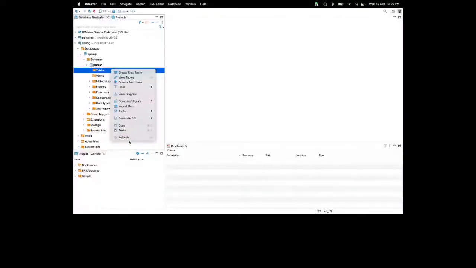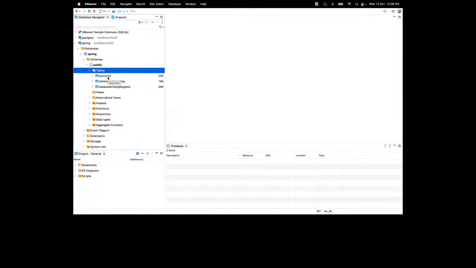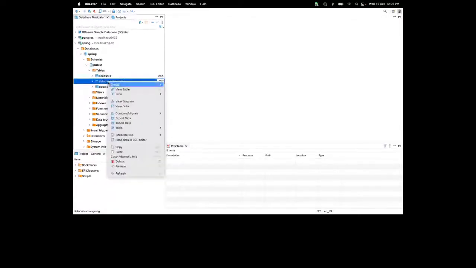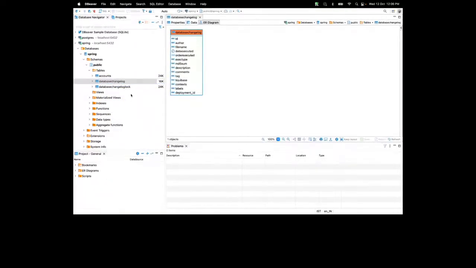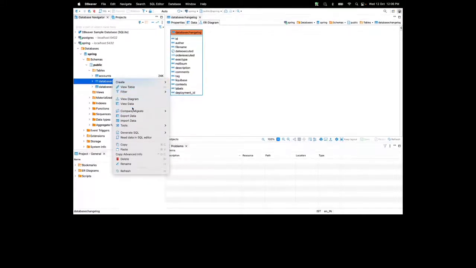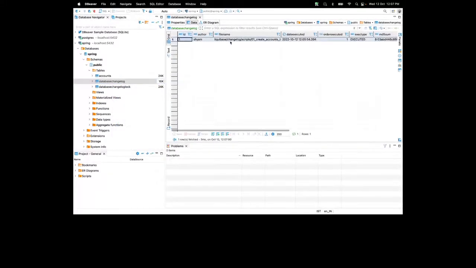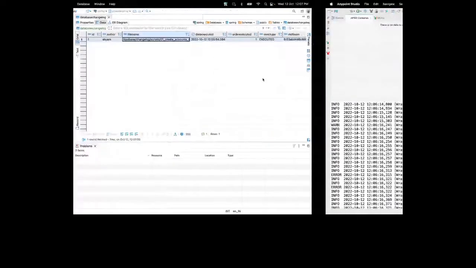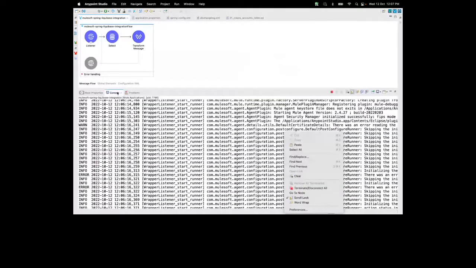So here you can see during the application startup, this table accounts is created, and in the database changelog you can see view data. Yeah, so one script is executed, this one, create account table. Okay, and if you see the logs,